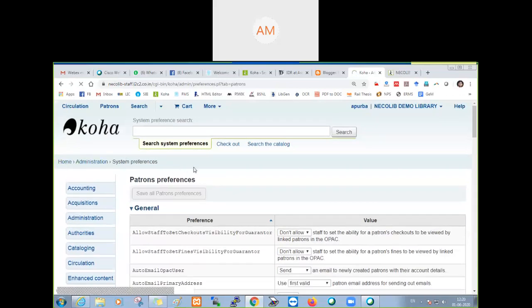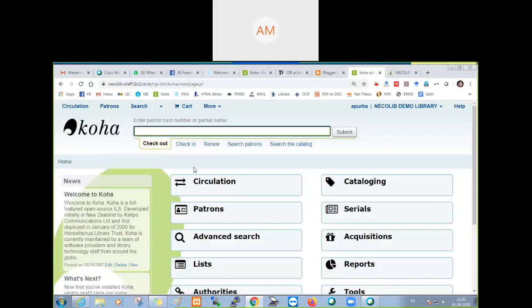In the steps I am repeating: first, we create a new library, which was done in the last class. What is the name of the software? That is Postfix. Postfix basically will help you to configure the email.